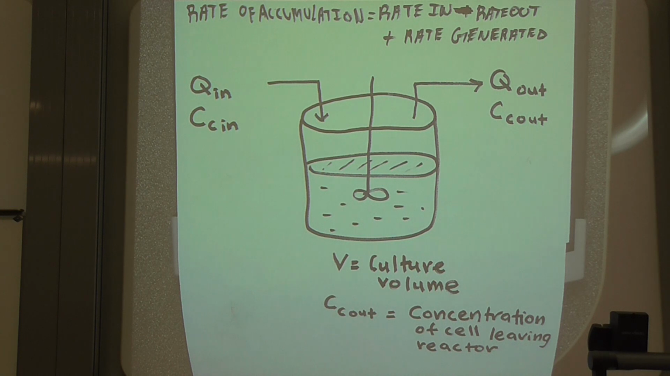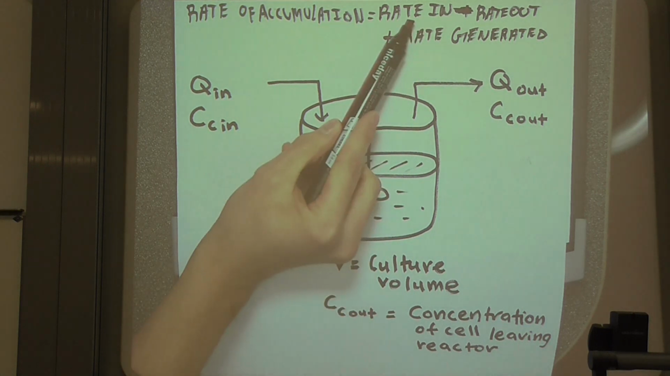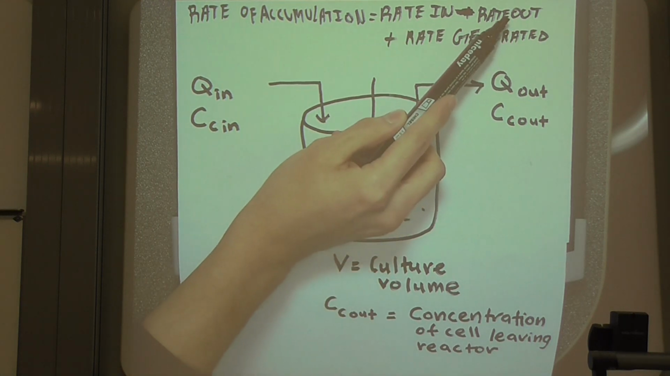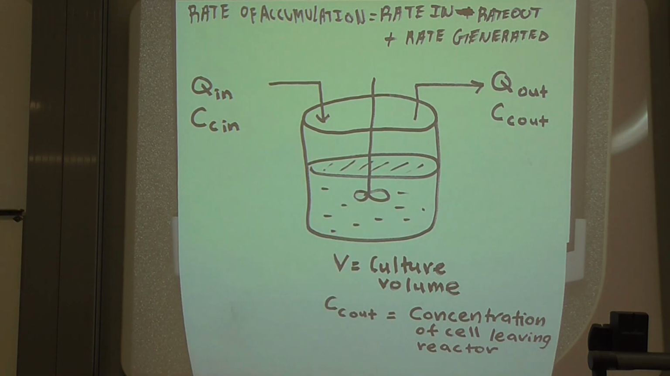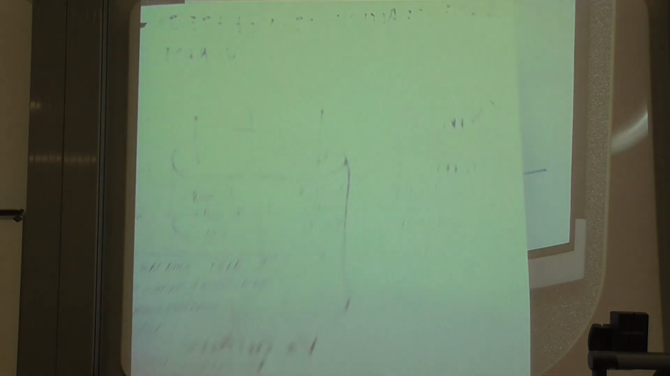Now, for a batch reactor, we have a closed system. And what that means is that there is no flow going in and no flow going out. There is just a liquid or a fluid within a reactor, and something is happening in that fluid. Therefore, we can ignore the rate in, which is this term here, and the rate out, which is this term here, and we obtain the final equation, which is